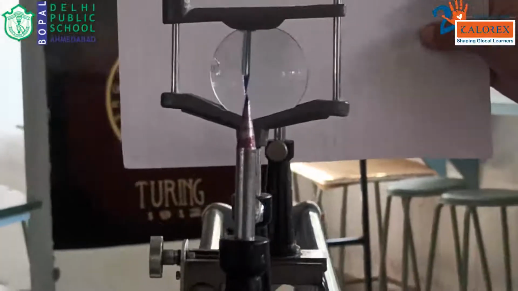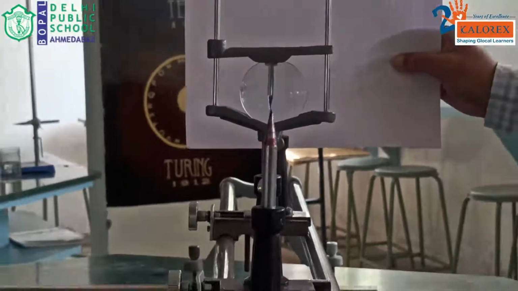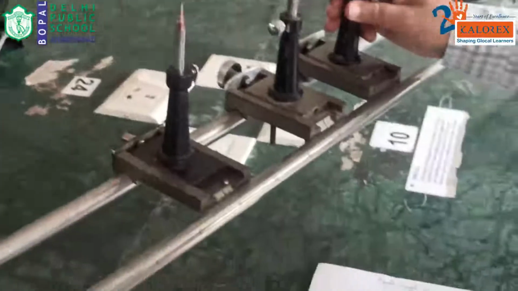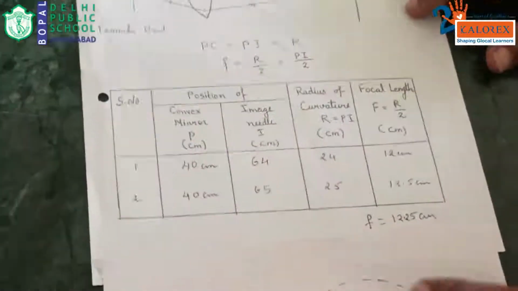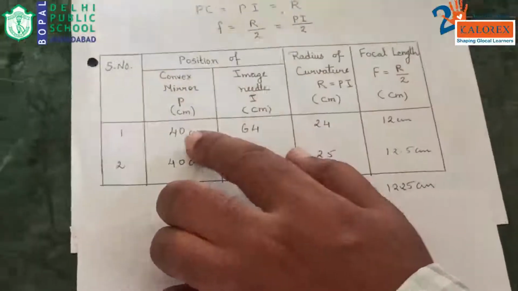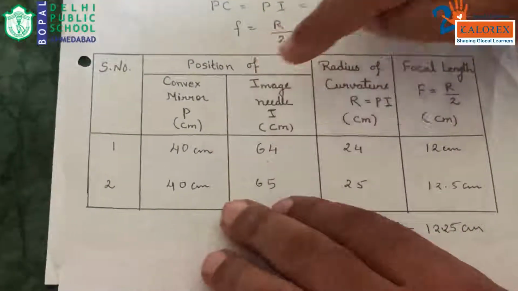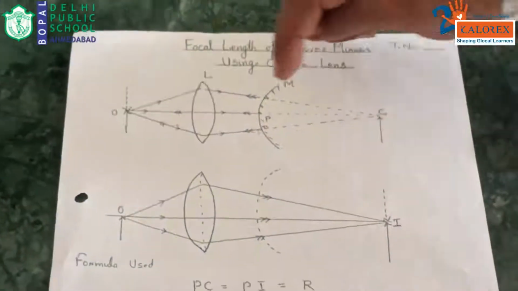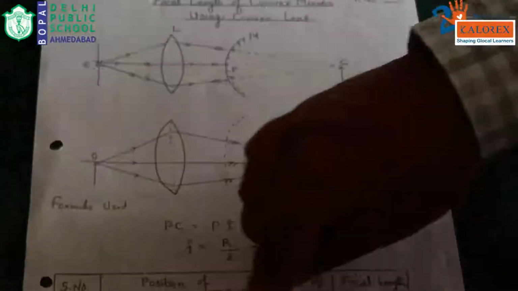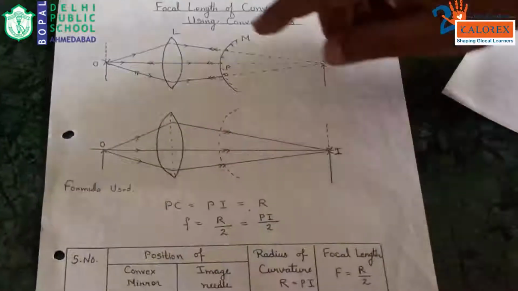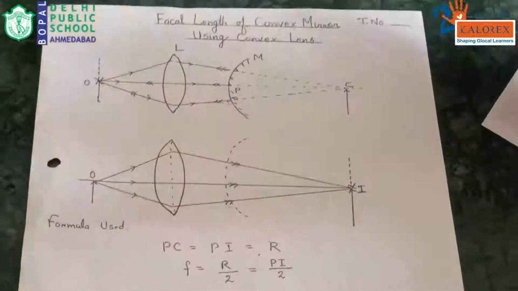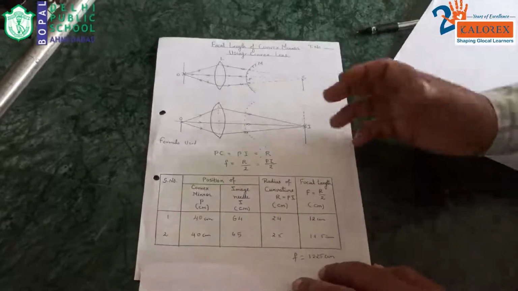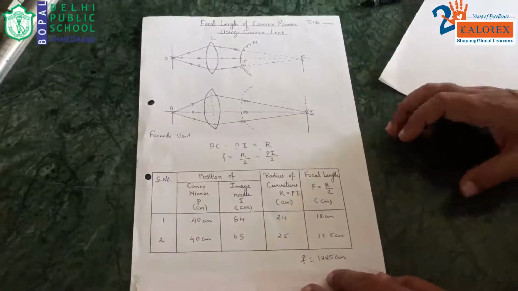Now we have taken the observations, and let us understand how to calculate this. As I have told you, I am keeping the convex mirror at 40, fixed for both the readings. Now I am taking the image at 64. This is 40, this is 64. Now the lens was at 30, but in this whole table we do not require the positions of the lens L and O, so they are not written. You can note them down if you want, no problem, at some rough space, but otherwise they are not required for this purpose.